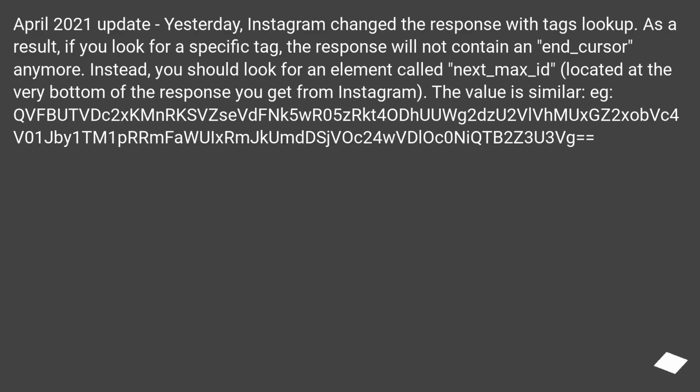April 2021 update. Yesterday, Instagram changed the response with tags lookup. As a result, if you look for a specific tag, the response will not contain an end_cursor anymore. Instead, you should look for an element called next_max_id located at the very bottom of the response you get from Instagram. The value is similar, e.g.,